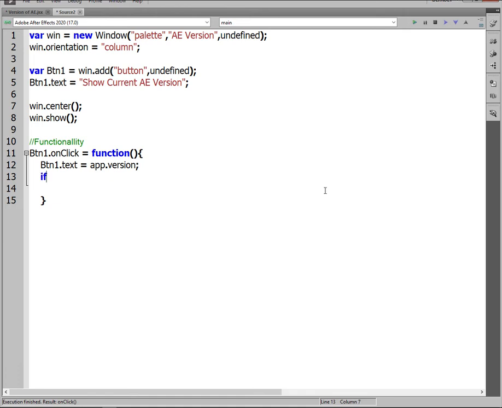So if I'm checking the condition this time, like multiple, if this script is run in multiple versions of After Effects, so we need to specify some information for this also. So if, and in here type your condition, and the condition is